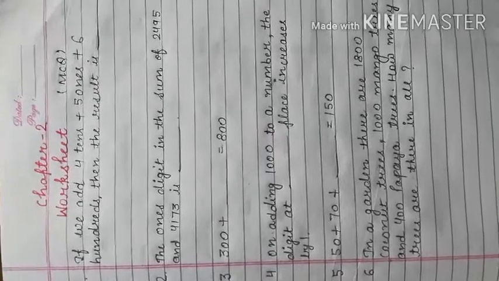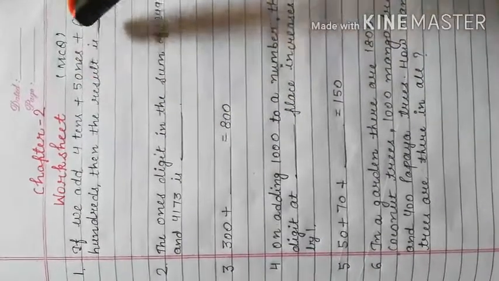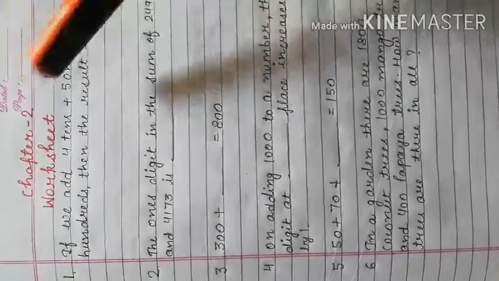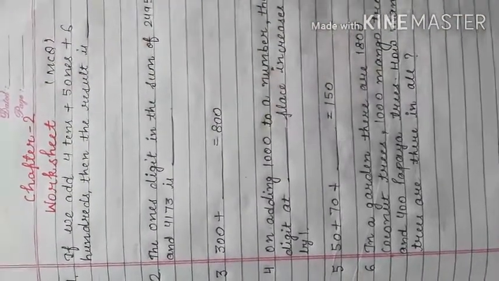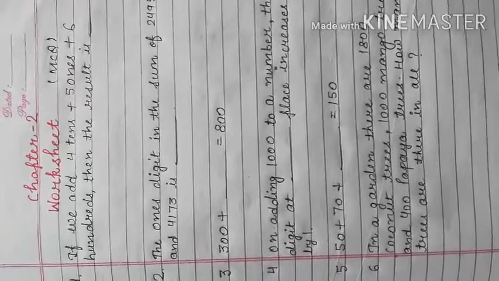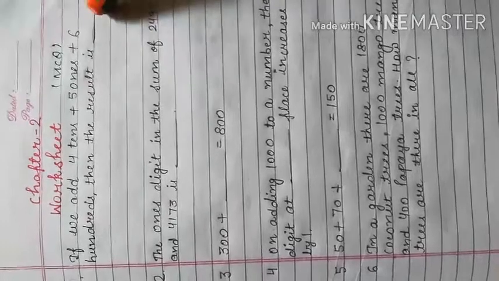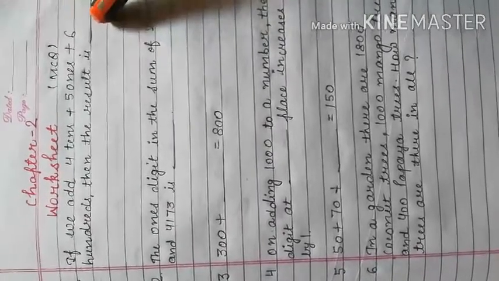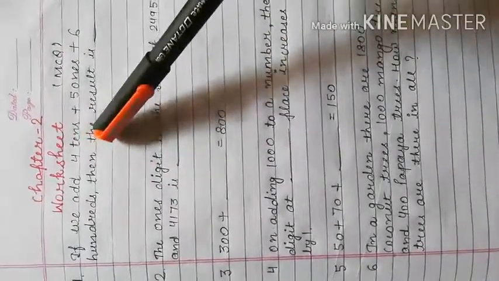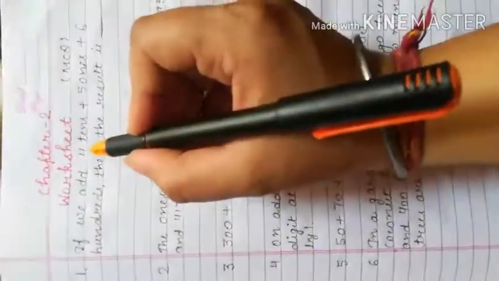So question number 1 you can see is, if we add 4 tens, 5 ones and 6 hundreds, then the result is. Options are given. We just have to figure out which option is correct. I will write the answer here in the blank, means the correct option. So when we are to add 4 tens, this is your place value, and the value of 4 tens is